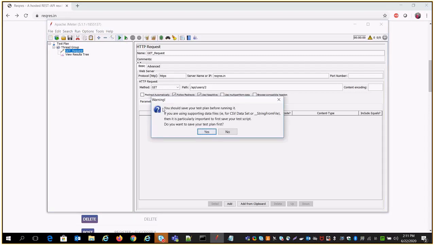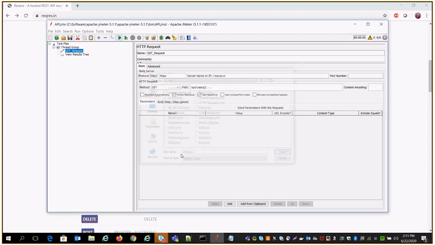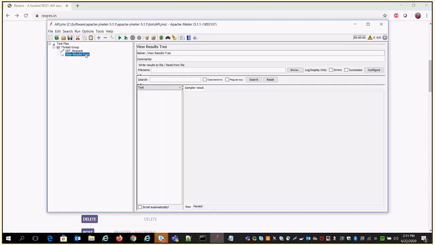So once you click on the run, it will ask whether you want to save your JMX file or not. The JMeter file extension is .jmx. So first we will save that script. I just gave it the name api.jmx. I saved that script, and it is executing, and we'll see what response we are getting, and whether it is matched with your